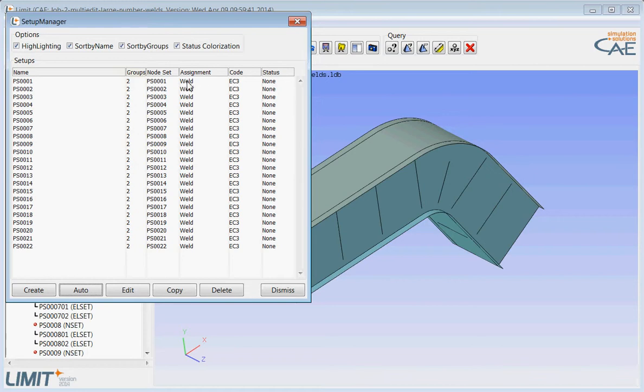The assignment is weld, that's what we need. It's Eurocode for the design code. And the status, this is important, is none. As long as the status is on none, you can't use these setups for assessment, and you can't select them in the job module. So you have to